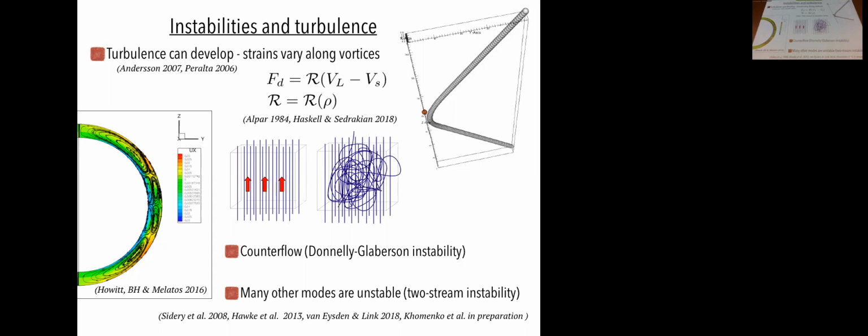Vadim will talk a bit about this later on in the program, but even if you have a standard vortex aligned with the rotation rate and flow around it, there are still many modes that can go unstable. Stability timescales are even milliseconds, so quite rapid. And so you would, in general, expect to develop a tangle. And of course, here what we also like to understand, and was addressed yesterday, is in what order these things happen. So if you develop classical turbulence first and then end up with a vortex tangle, or does this happen first? This is something I'd like to understand from you.